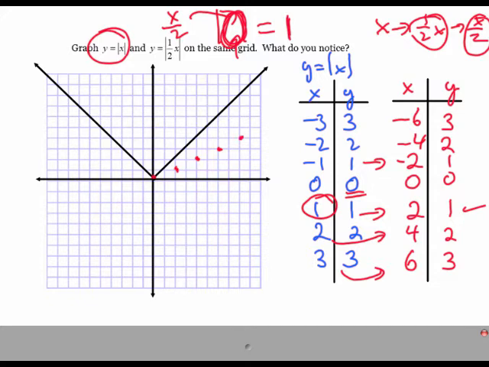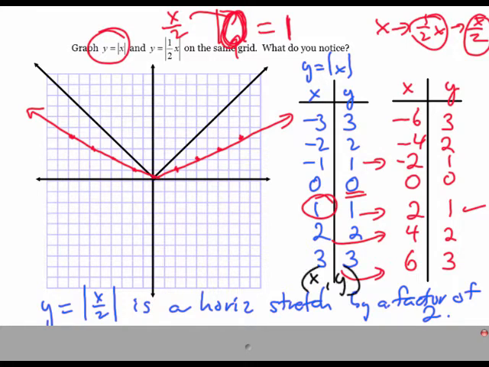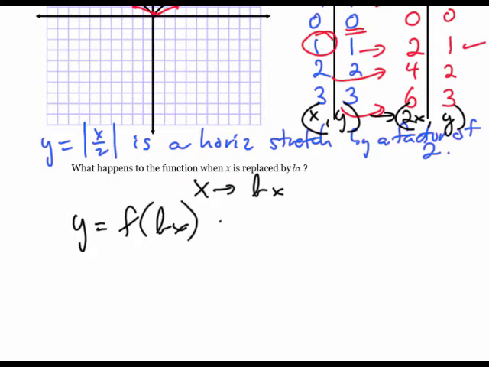It stretches by a factor of 2. So our new graph is a horizontal stretch from the y-axis by a factor of 2. And in terms of my coordinates, my original points x, y, the x had to double to compensate for the dividing by 2 or the multiplying by 1/2 in the equation. So to generalize this result, when x is replaced by b times x, y equals f of b times x